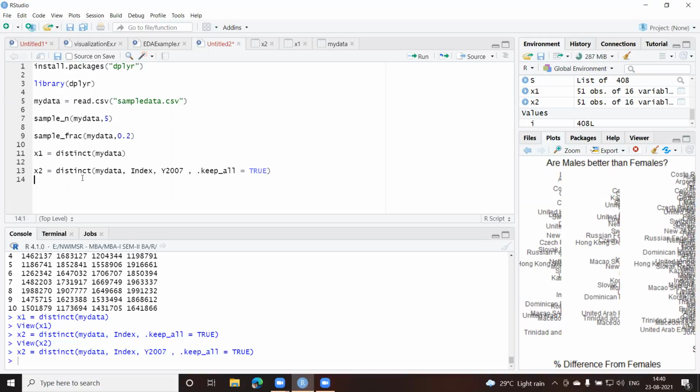Here's some other function which is very popular, especially in SQL, which you might have used, the select function. Similarly, we have a select function in the dplyr package as well. Now it is used to select some desired columns. I need not require all the columns. I might require only a few of them for my analysis. In that case, I should not use all the columns. I can reduce the columns and then do the analysis.